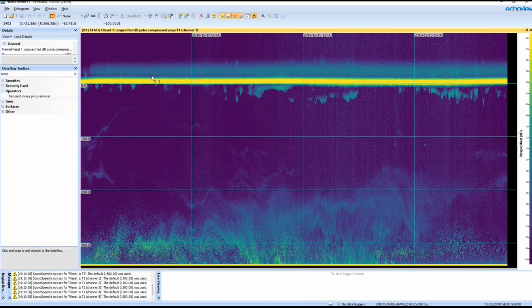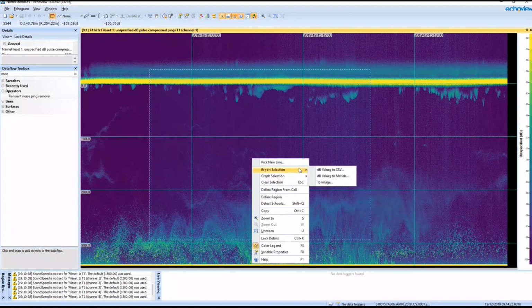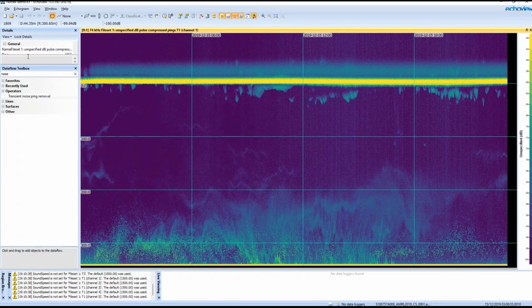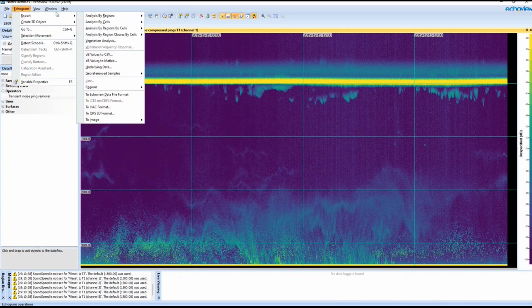Echogram image exports. In older versions of EchoView, we did this by making a selection in the echogram, right-click, export selection to image. This is a little bit hidden away and also not very easy to use. You have very little control over the resolution. That was entirely decided by how far zoomed into the echogram you were as to what resolution that image came out. EchoView 13 makes this much easier, where we now have echogram, export to image menu options. So through this menu, you can choose to either export the visible echogram, so what you've got displayed on screen, or the whole echogram, which might be a lot more than what you can see on the screen.